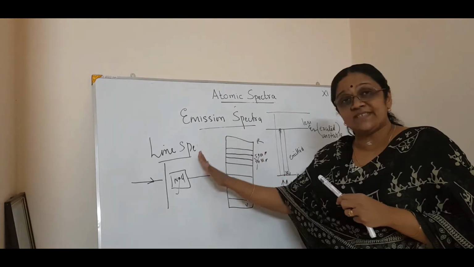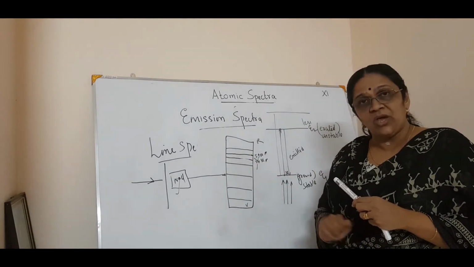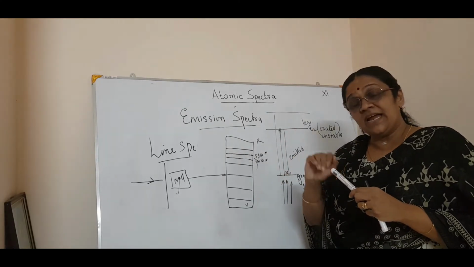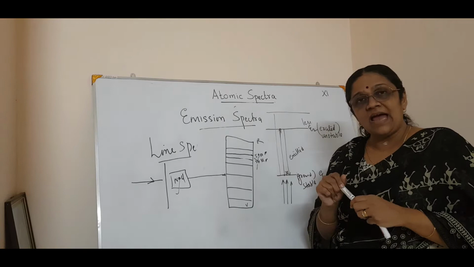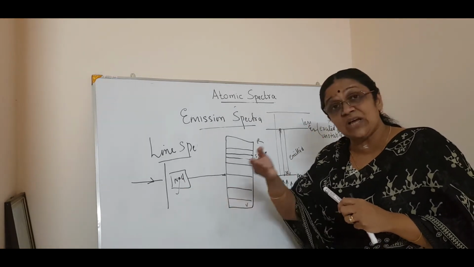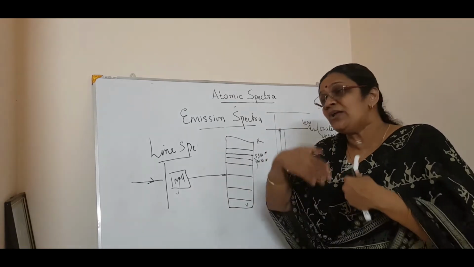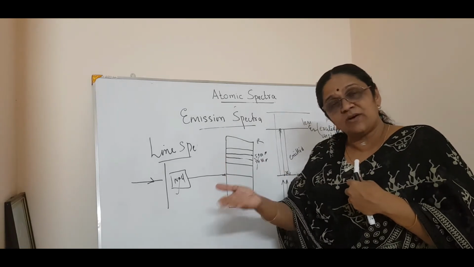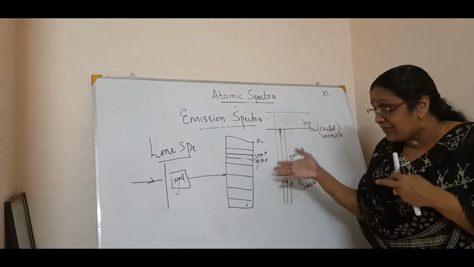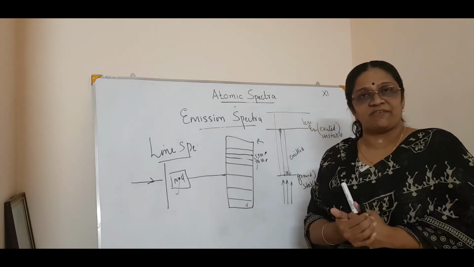So since it is absorbed, you can see only dark lines in that continuous spectra. You cannot see the yellow region as such. In that yellow region, 2 dark lines will be there, and the 2 dark lines correspond to the wavelengths of sodium which are absorbed. That's what I said. If it is absorption, it is already absorbed, so why would it be seen in emission? Because it's already absorbed, isn't it? So that is the difference. That is exactly the photographic negative of the emission spectra, which is called the absorption spectra.